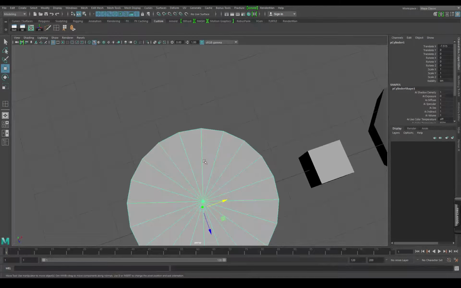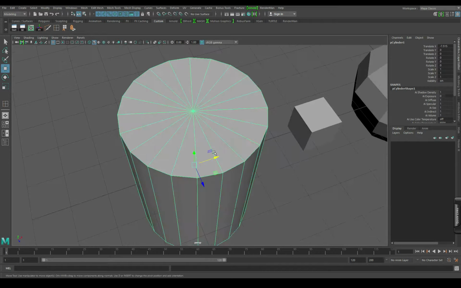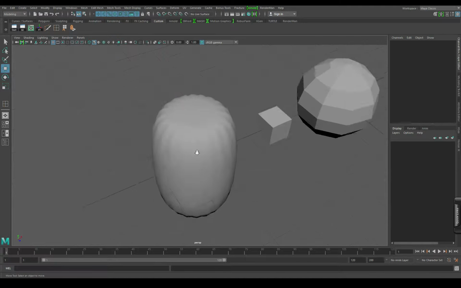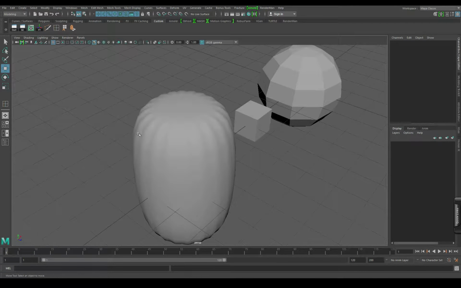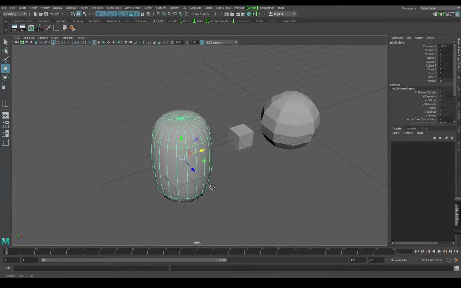So this isn't quads, this is three sides. It's a triangle, one, two, three. And over here, the reason is, check this out. So if I smooth it, that's what it's giving me. And why is it giving me this funny shape on a cylinder? Is because all the points are leading to that one edge. So it will give me